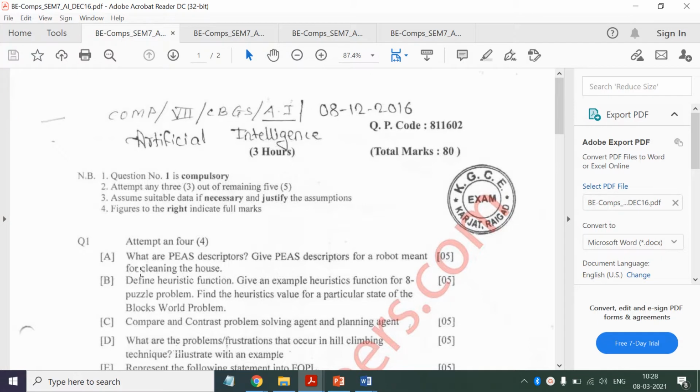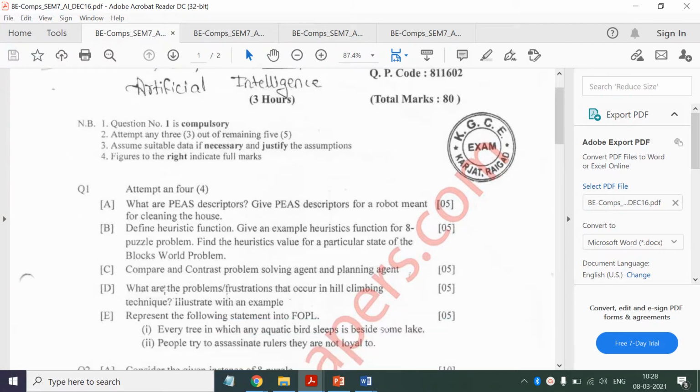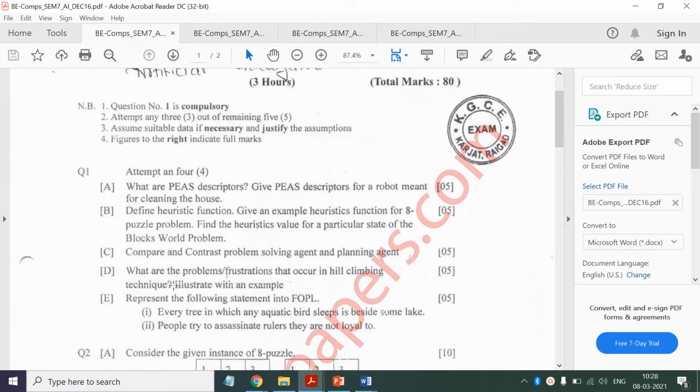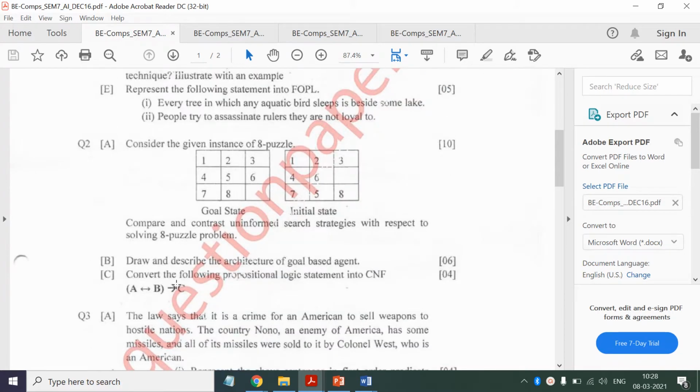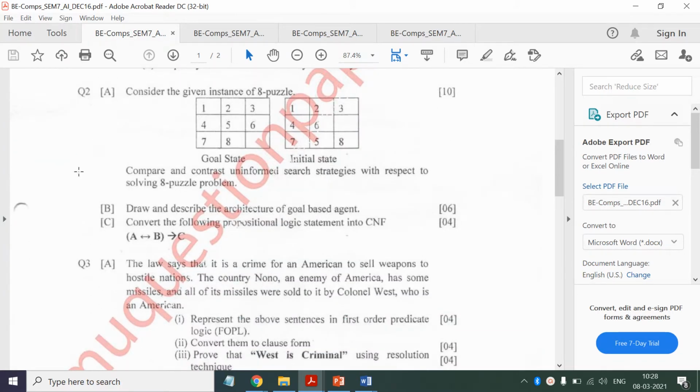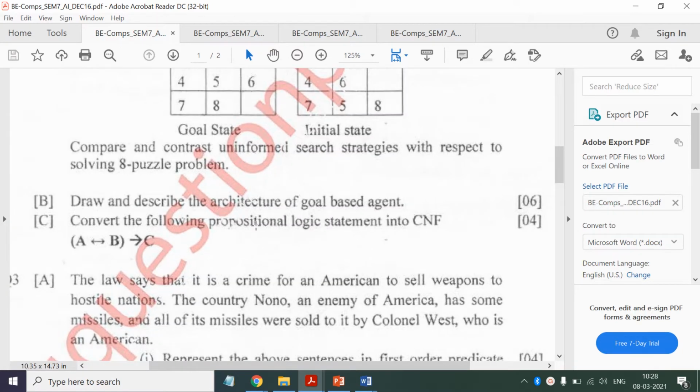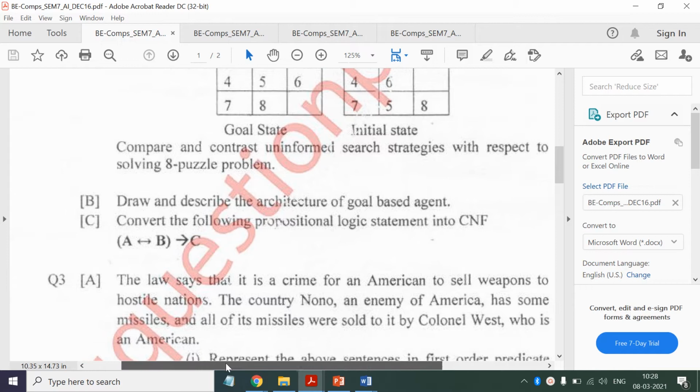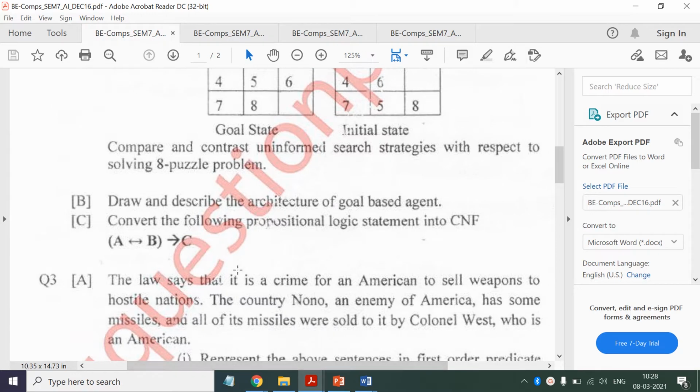Then next one is here. In question number 2b, draw and describe the architecture of a goal-based agent. Okay, so pretty straightforward questions are there based on unit number 1.